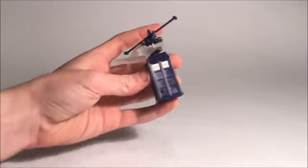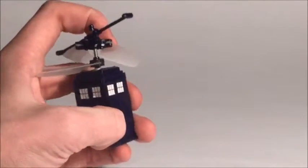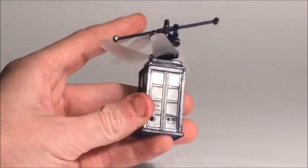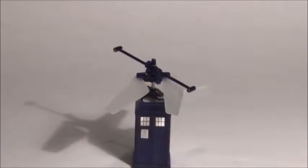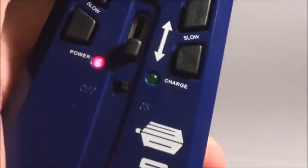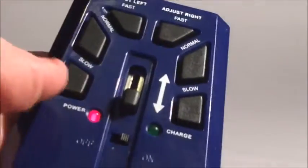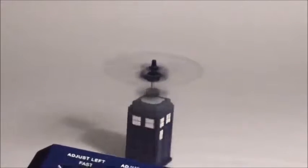First of all, you'll need to switch on the TARDIS Copter, which you can switch on thusly. See, you can do it with one hand and it's on. It's ready to go. Next, you get the remote control. You turn that on as well. You then slide the slider up, slide it down, and the power button will remain on for a while before doing some weird stuff. It's ready to go now, so you simply...